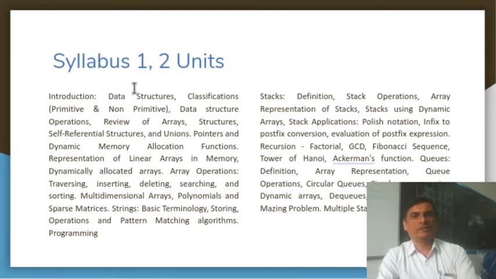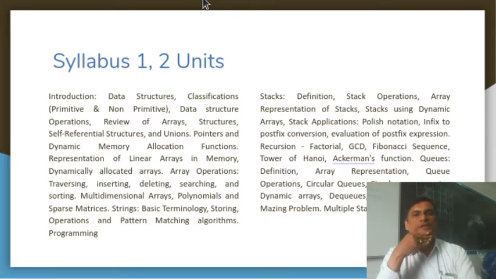And in the second module, you will come across the stacks, and where all the stacks are going to be applied. How do you use the stacks for different programming applications? By this time you might have come across the programming technique called recursion.